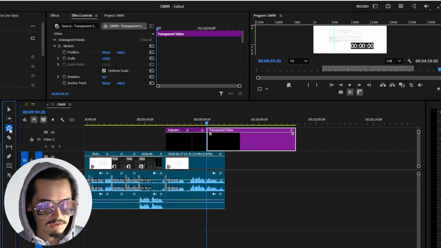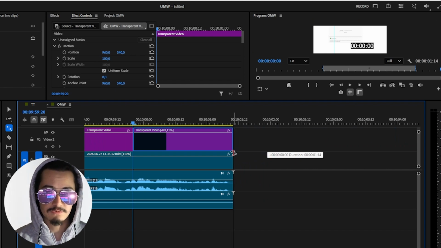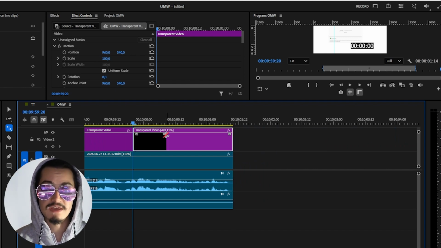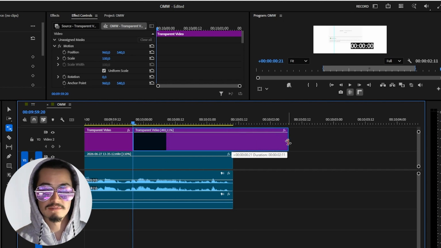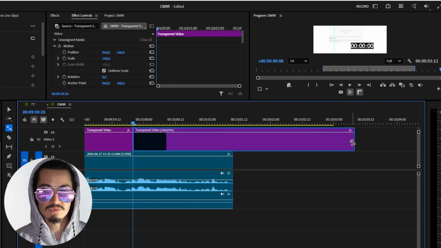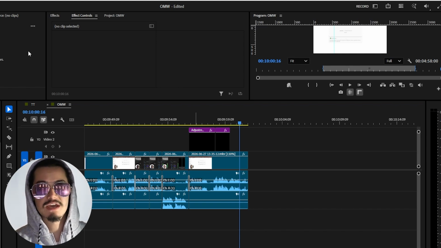So if you alt and click here and select the rate stretch tool, for me it's the shortcut R, then you can actually manually change the speed for it. But as you can see, it's gonna be a random value. If you want to do a 200% speed up, well, then you gotta play around with this, so it's not very efficient. So this one is the quickest solution,